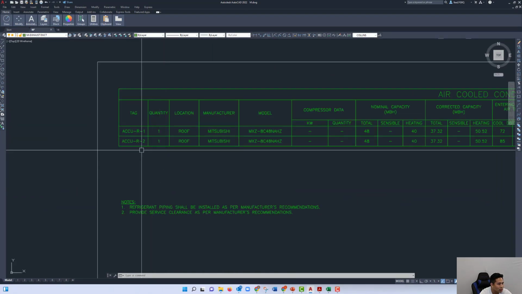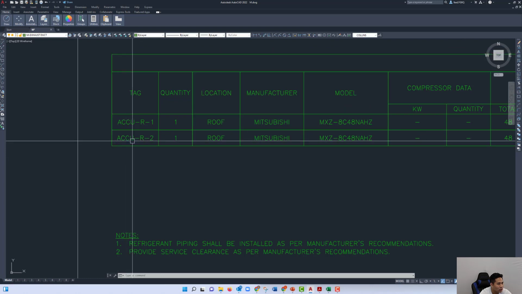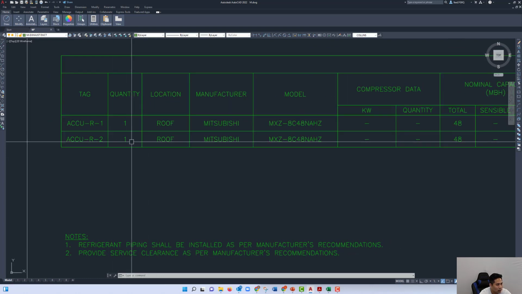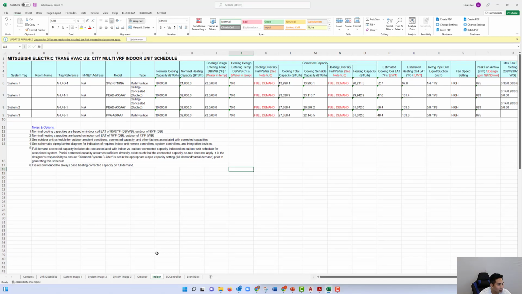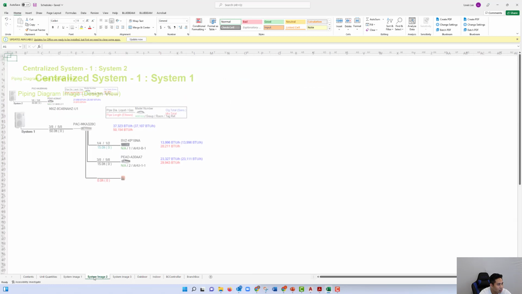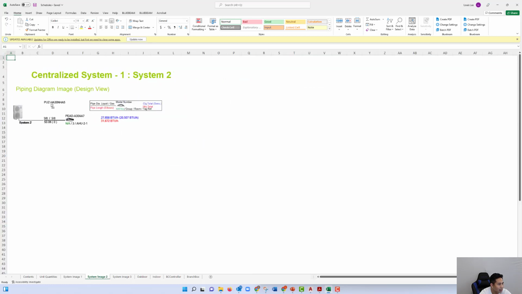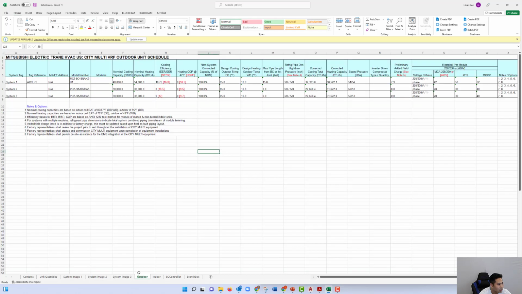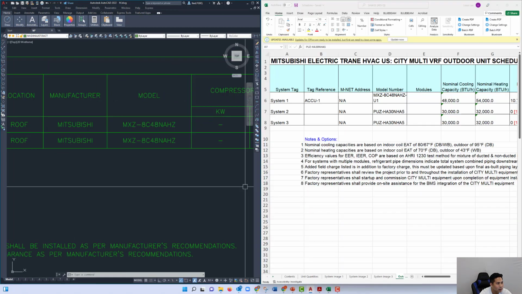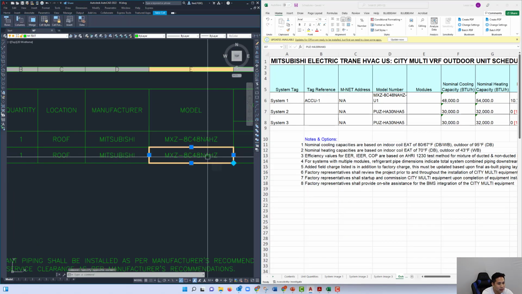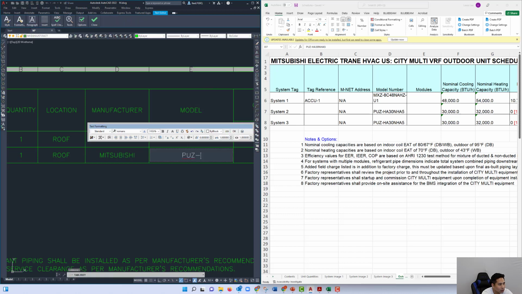Now we're going to start inputting data for ACCU-R-2. So quantity again is 1. Roof Mitsubishi is the same thing. The model number in this case is going to be listed here. It's going to be the PUZ-HA30. So the outdoor unit is going to be this one here. It's going to be the PUZ-HA30. So I'm going to go back here and type this in, PUZ-HA30